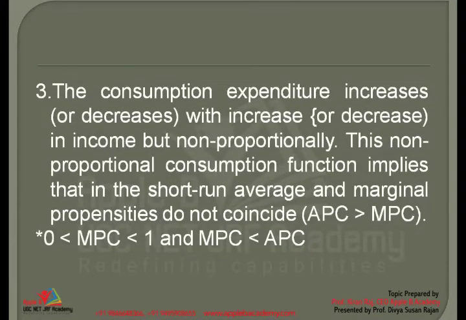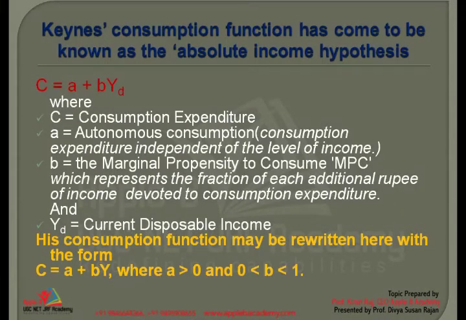The third one is that as consumption expenditure increases with an increase in income, the increase will not be proportional to the increase in the income. So if my income is increasing by 100 rupees, that will not mean that my consumption will also increase by 100 rupees. Now this non-proportional consumption function implies that in the short run, average and marginal propensities do not coincide. That is to say, your APC will never be equal to your MPC, and APC will always be greater than your MPC. So Keynes' consumption function was denoted by the following equation: C = A + BYD,